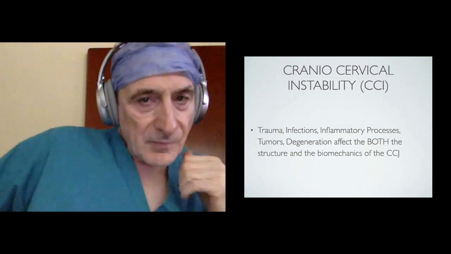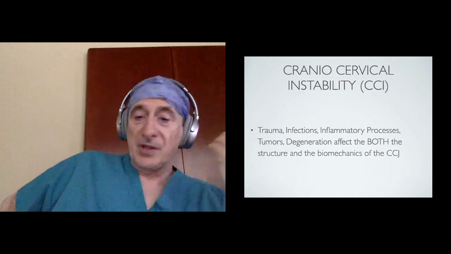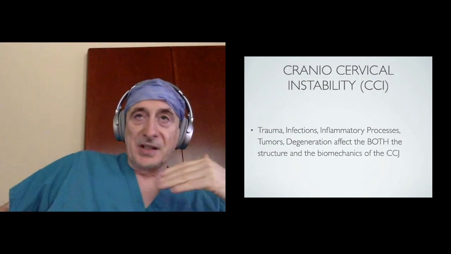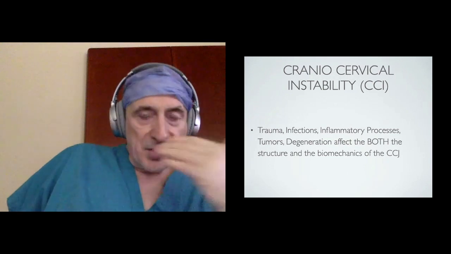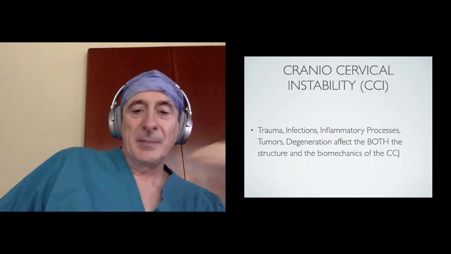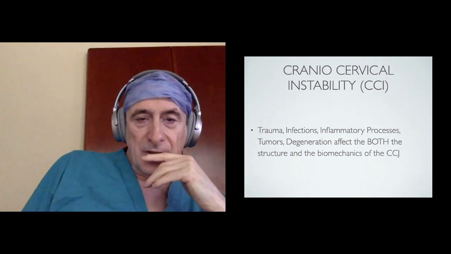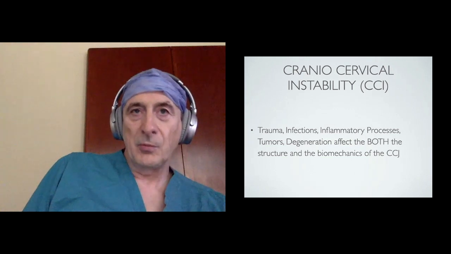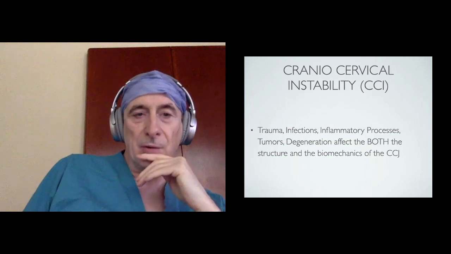Now, the craniocervical instability can also be caused by traumas, infections, inflammatory processes, and degenerative diseases, and these processes can affect both the structure and the mechanics, so they can be static and dynamic together. So you have a leaning tower of Pisa, which keeps going down and down and down over a course of